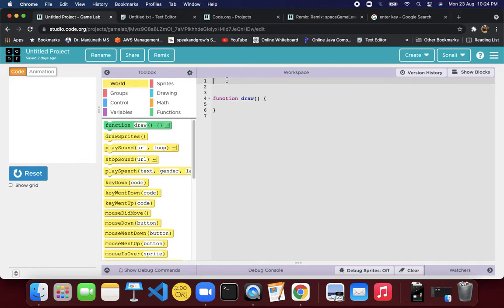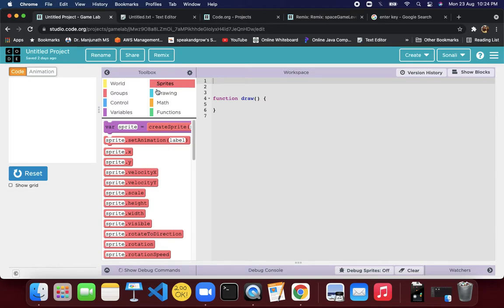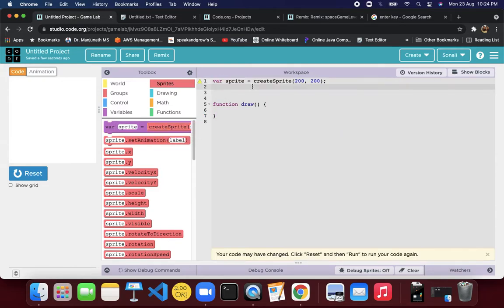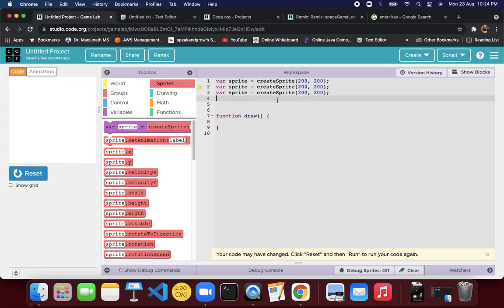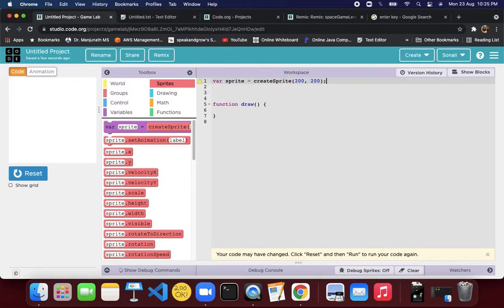And here I will go to the sprites. If you see, the red one is the sprites. Here the first purple one is to create a sprite. Whatever object we create, like background, like virus, like spaceship, everything is going to be a sprite. So you have 4 objects, right? You can drag and drop that many blocks, but for the time being, we will go one by one. So first let us create the background. So this is my background sprite.